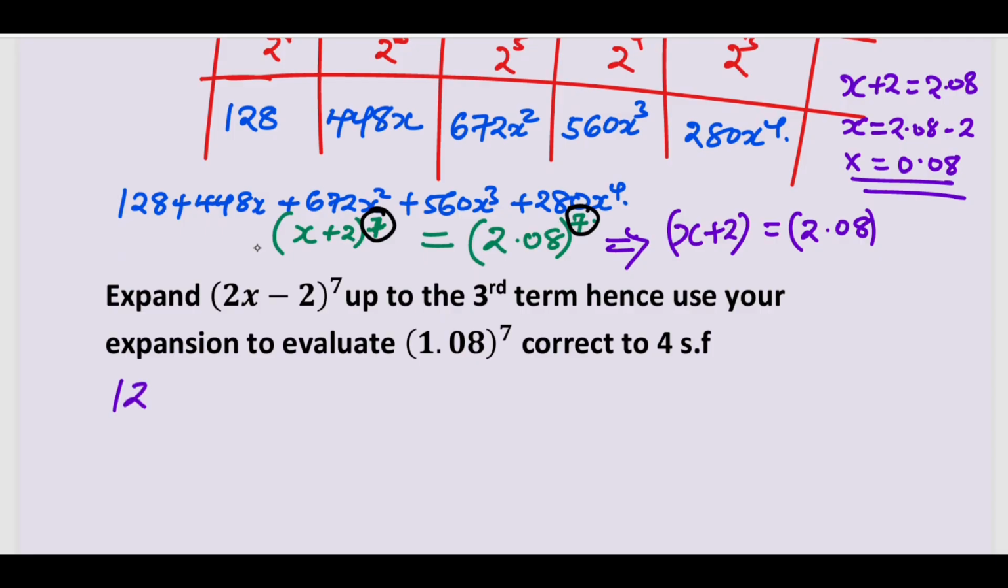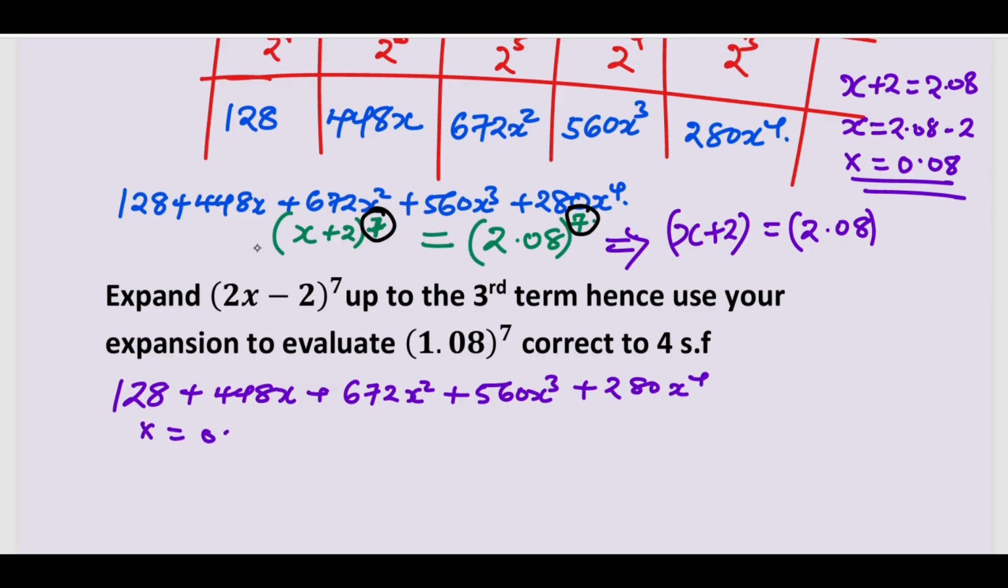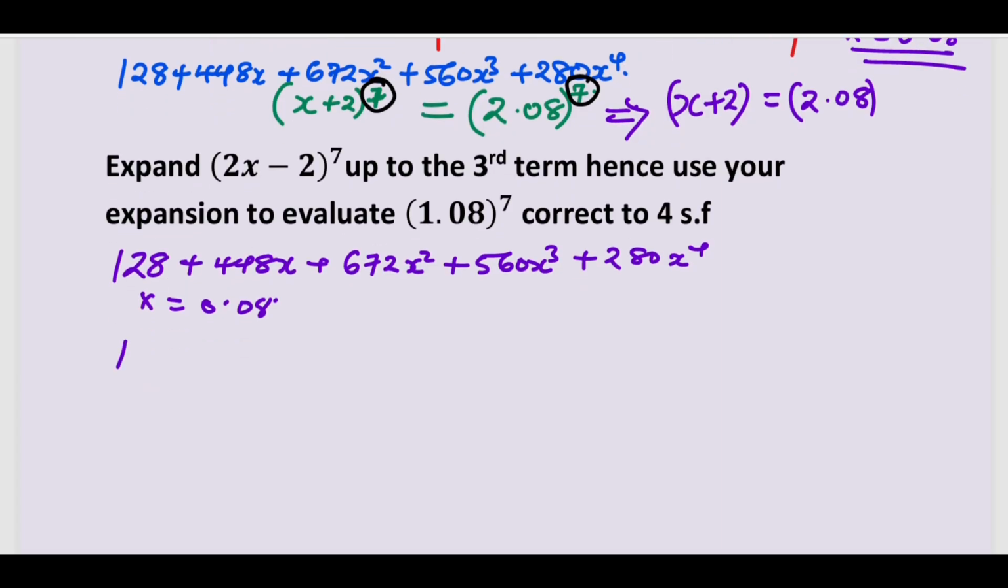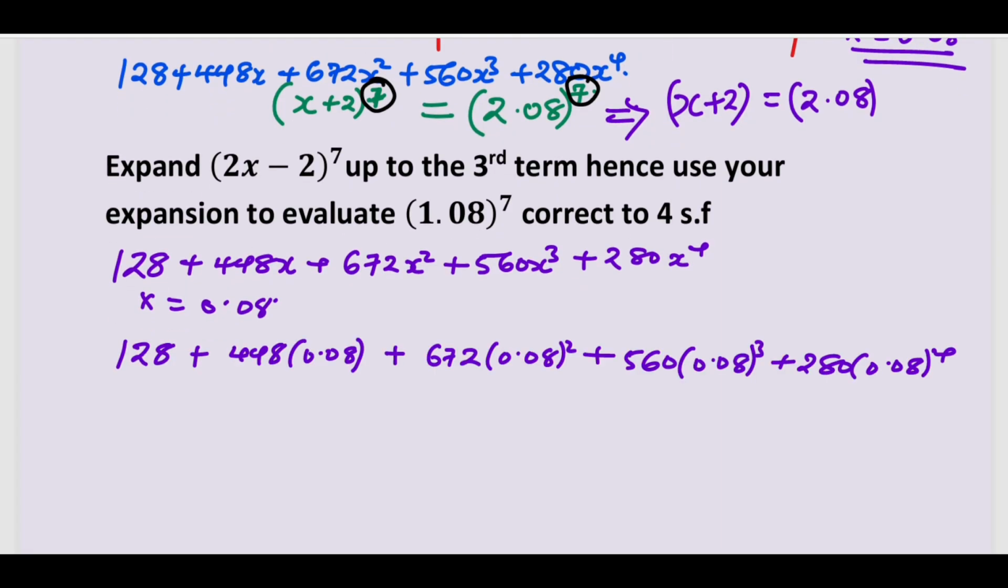Now we are going to rewrite our expansion. It was 128 plus 448x plus 672x^2 plus 560x^3 plus 280x^4. But we have already found x to be 0.08. So therefore we are going to use a calculator to work this out. Where there is x, replace with 0.08. So it is supposed to be 128 plus 448 by 0.08 plus